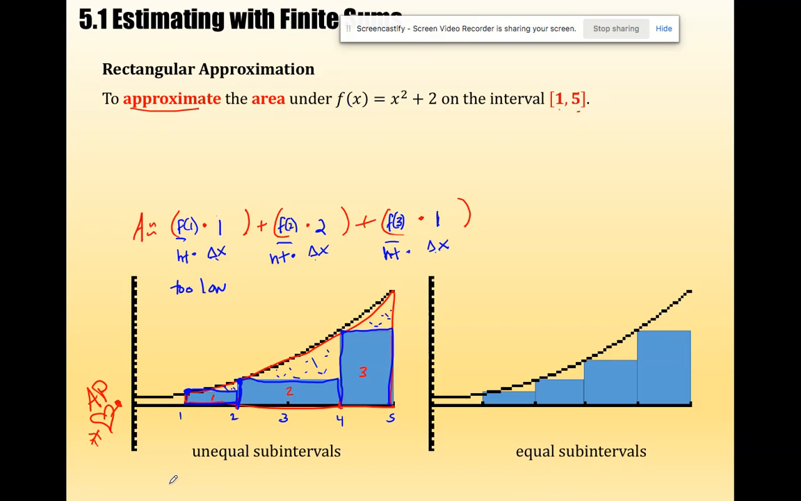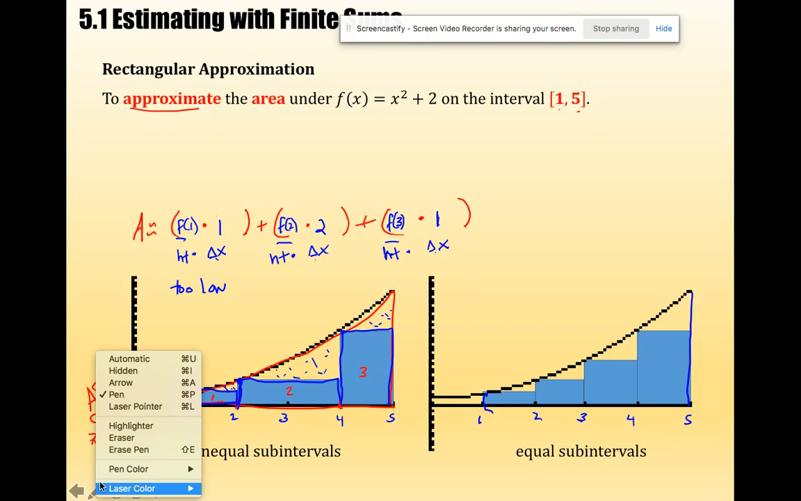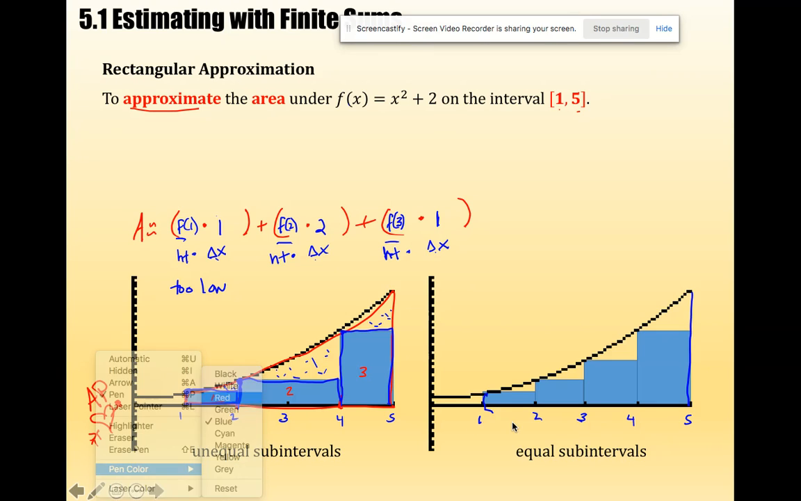Now, I just wanted to demonstrate having equal subintervals, right? Start and stop, same irregular shape. It's not the fact that my subintervals are equal that makes this better. It's the fact that I have more rectangles that makes my approximation better. It's still not great,